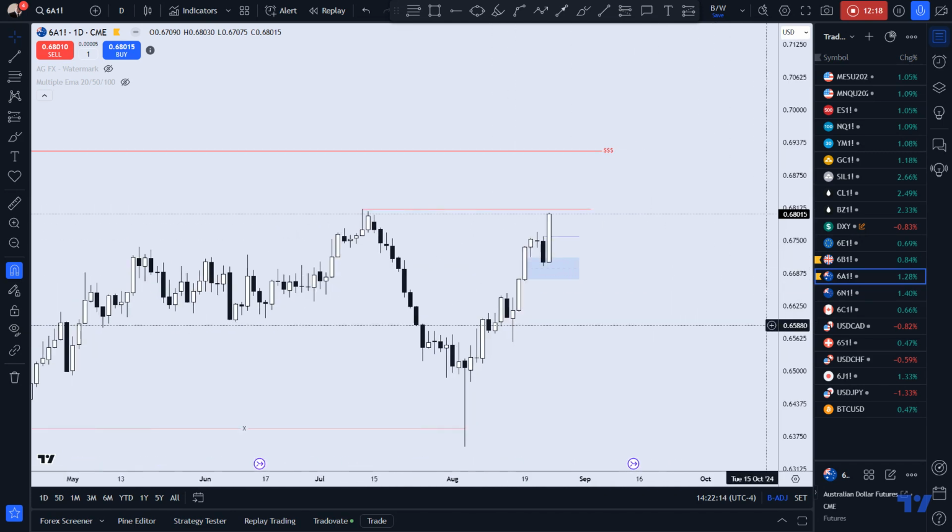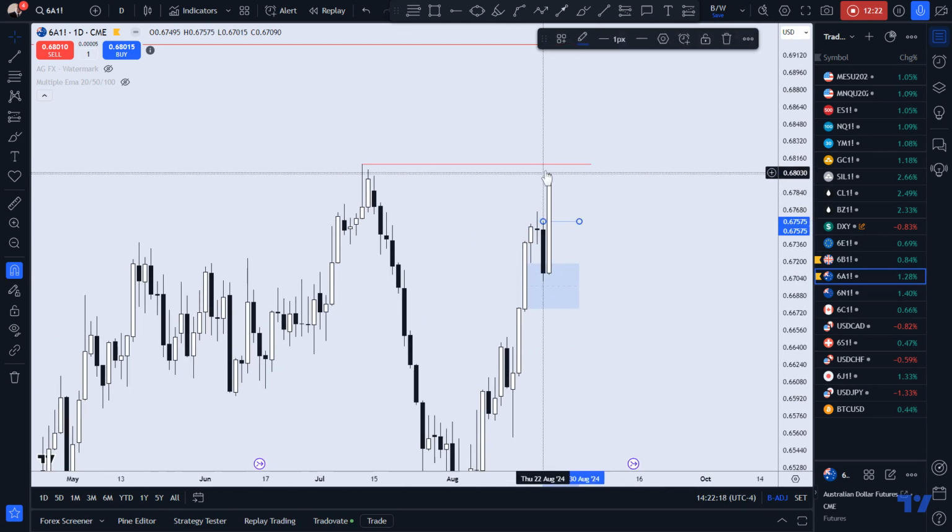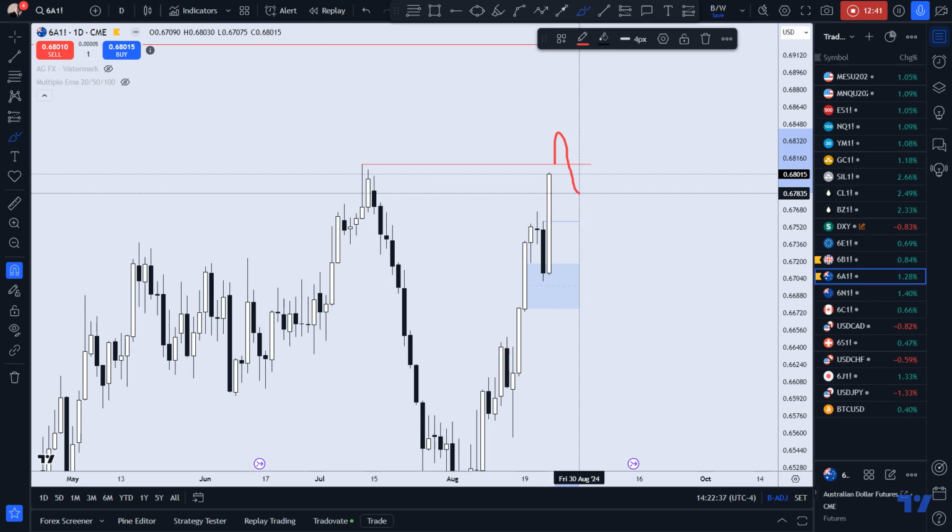Again, this is the invalidation point here. If price continues past this, whether it closes above this line or not, as long as it hits it, that'd be great. But this is where you want to take profits if you're in longs. I'm looking for price to form this fair value gap so that I know that if it goes past here, it'll probably come back to that fair value gap to continue higher.